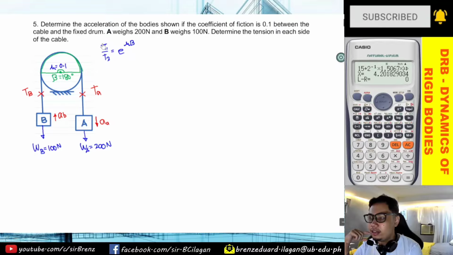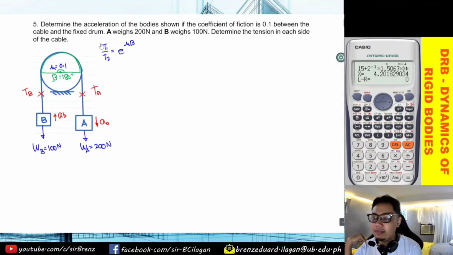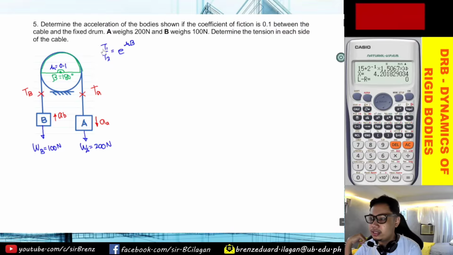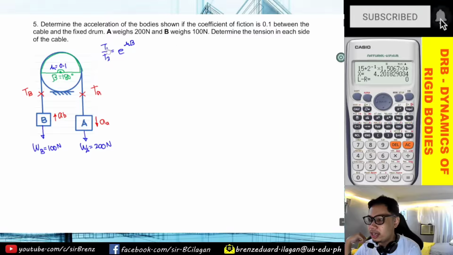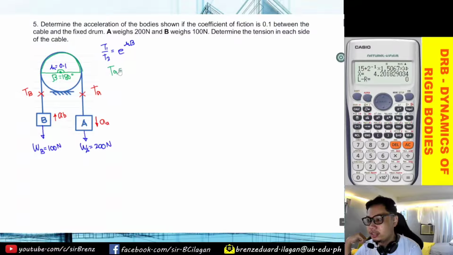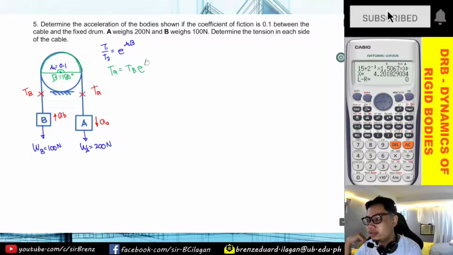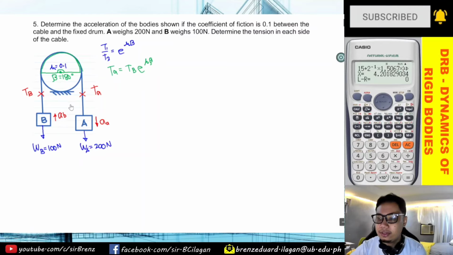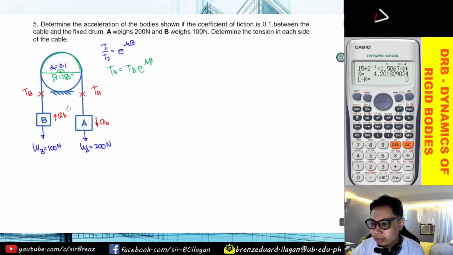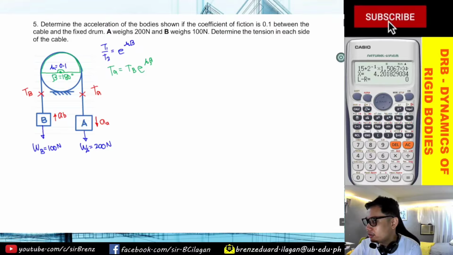Okay, so ano yung gagamitin natin as T1? Again, yung nasa ibabaw or the T1, this is the higher value nung iyong tension. So this will be our TA and yung T2 will be the value for TB. So our working equation, one working equation here is TA is equals to TB times e raised to mu beta. Again, beta should be in radian. So, itong 180 degrees, you need to convert that first to radian. Okay? So, siguro, mas maganda if